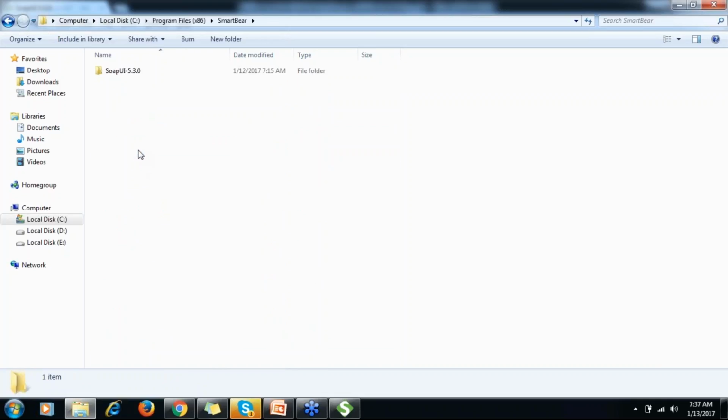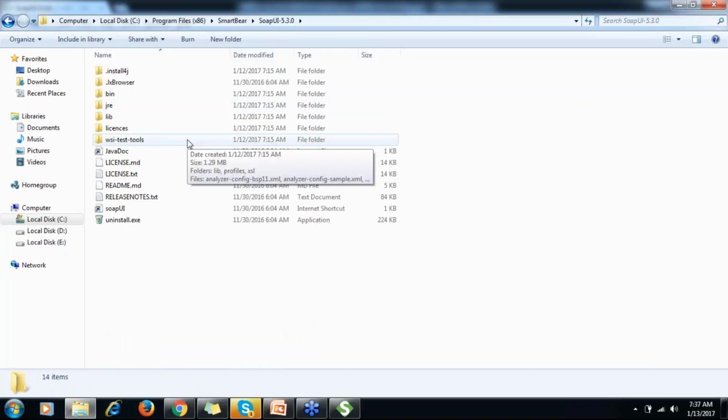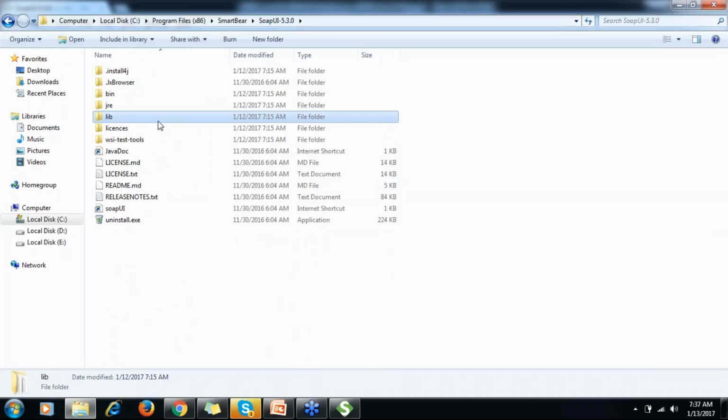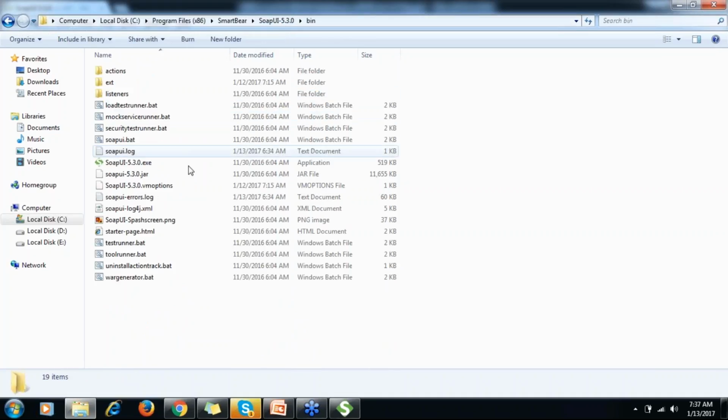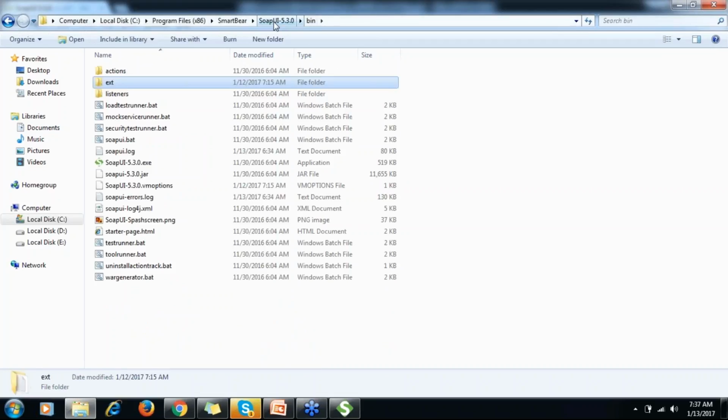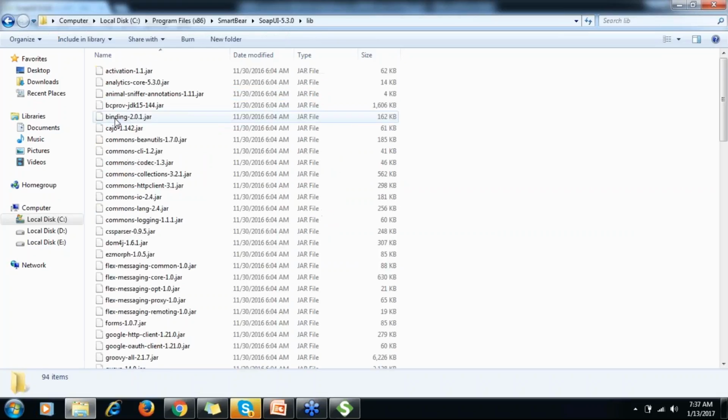This is where your SOAP UI is installed, and if you want to use the APIs of SOAP UI, copy the files from the library. Under SOAP UI there is a library, and all these jar files you can include in your Eclipse.